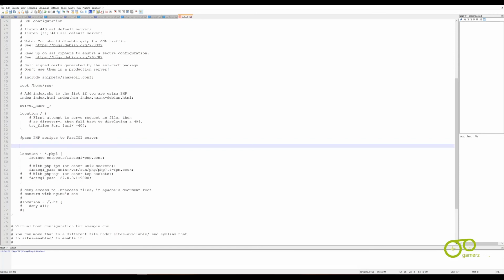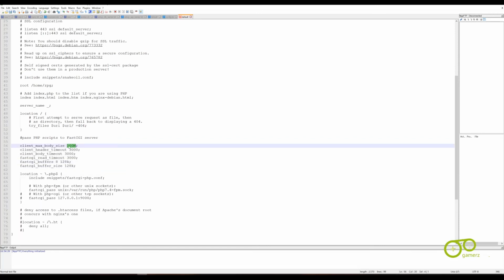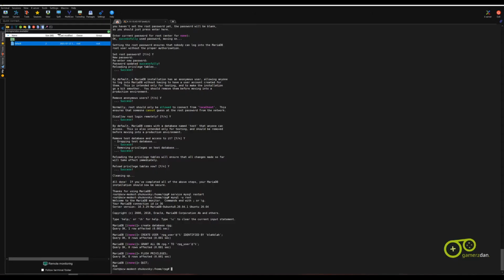And we need to add some extra configurations. So this makes sure, like with default settings, Nginx usually times out after 30 seconds I believe, or if you try to send a request more than 2 MB. So we are just increasing some default limits of Nginx, to make sure long execution scripts do not time out. And similarly, we need to